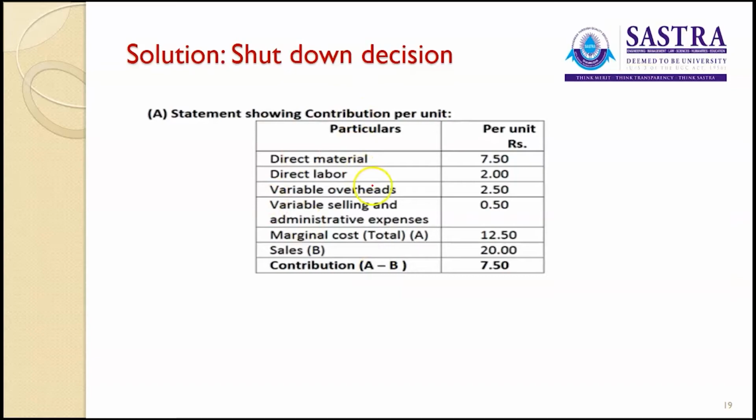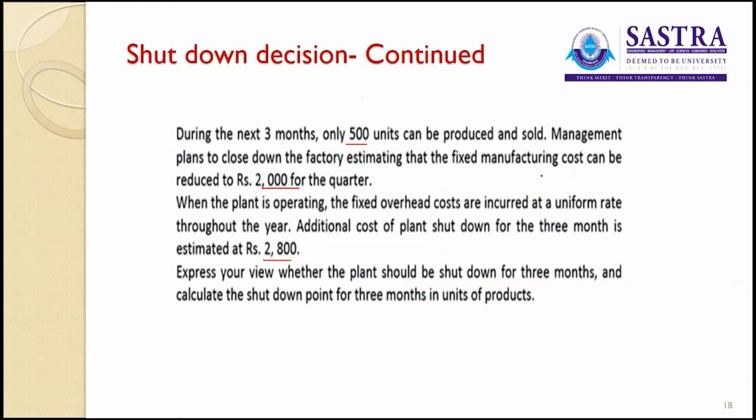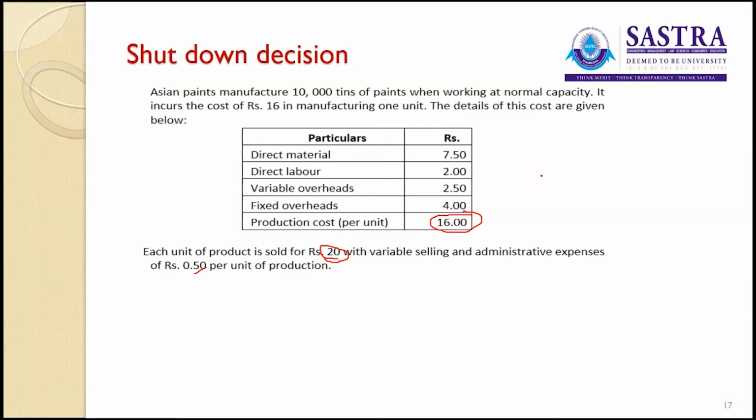First, we shall prepare the contribution per unit. That is based on your table here. See here, this is your table. So we have 7.5, 2 rupees, 2.5. So 7.5 plus 2 is 9.5, plus 2.5 is 12. So we'll get 12 rupees